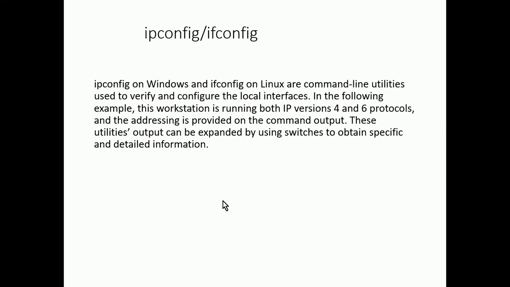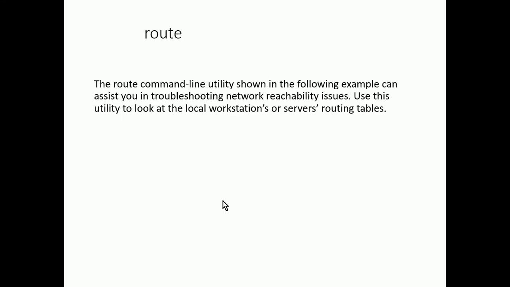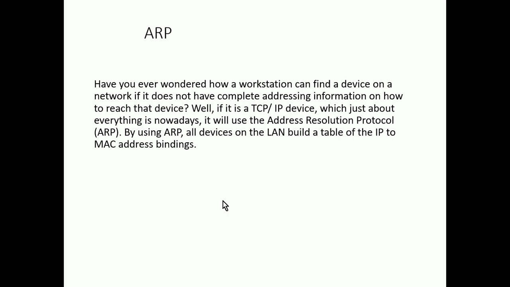And of course, you can try that on your virtual machines that you installed before, but I'm sure most of you are probably familiar with ipconfig and ifconfig. The route command is the command that you use to tell the computer which interface it uses to connect to which networks. So if you have more than one network interface on a device, you have to tell it which networks are reachable through which interface. It's sort of like having two mailboxes. If you want to send a letter, you have to know which mailbox to put your letter in. So something has to tell you which mailbox to use. That's kind of how the route command works.